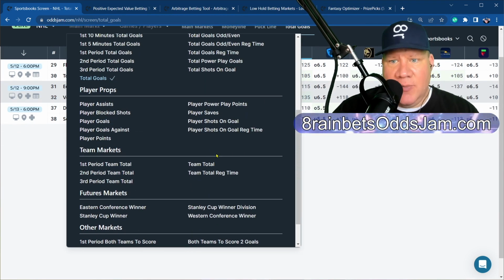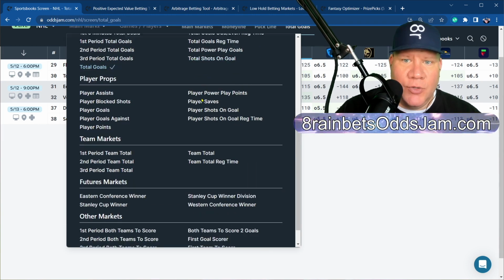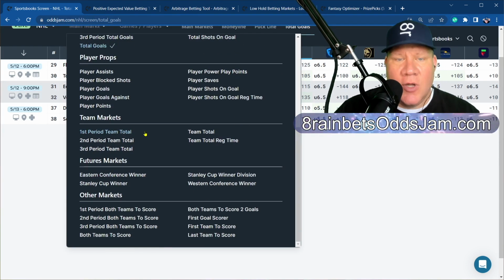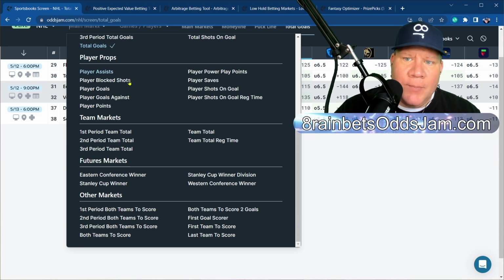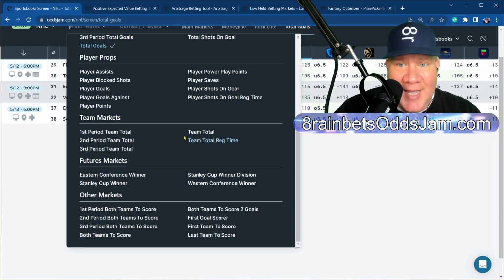And something like OddsJam allows me to go and look at all the lines for all of these things. And that's really useful if I want to go and play specific kinds of bets, or I have a team that I know very well and I want to bet on that. Certainly something that you can do. Player props, again, you just have different outcomes for individuals within a game typically.